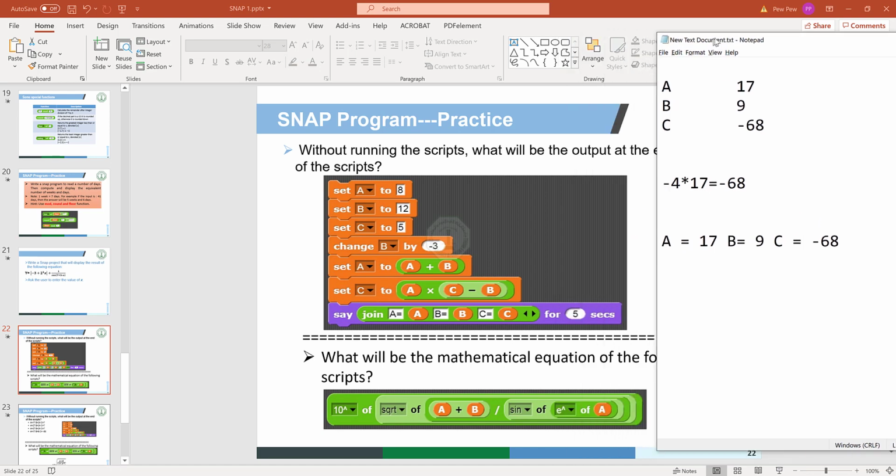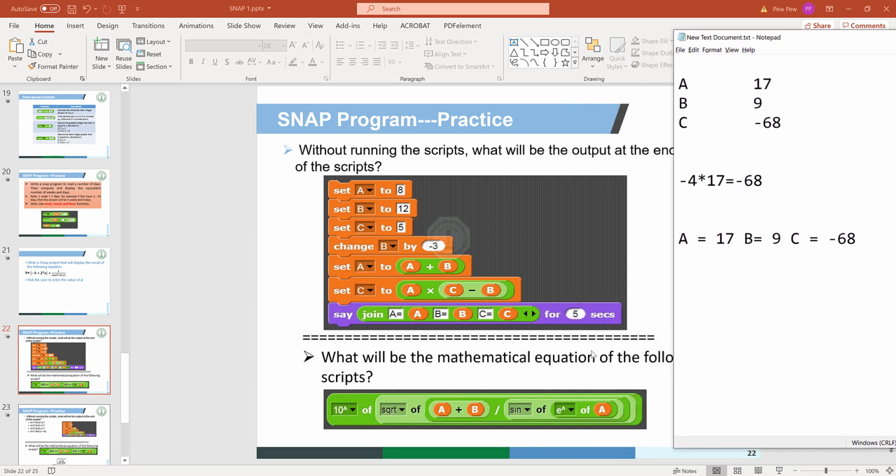What will be the mathematical equation of the following? So here you see, you just follow which block is in the front and then you keep moving back step by step. So you see e power a is in the front. So e power a is calculated first, then we take the sine of it. So I will say sine of e power a,